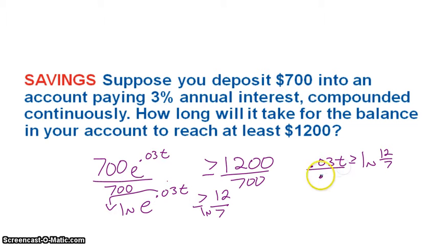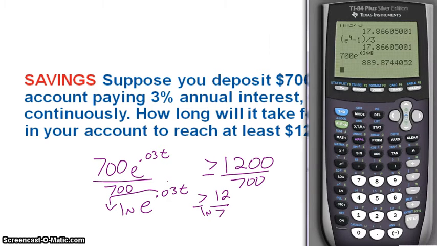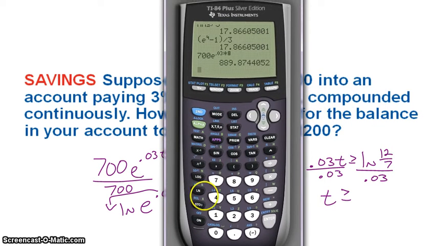Now to get t by itself, I'm just going to divide by 0.03. So, if I take the natural log of 12 divided by 7, and then divide that by 0.03,